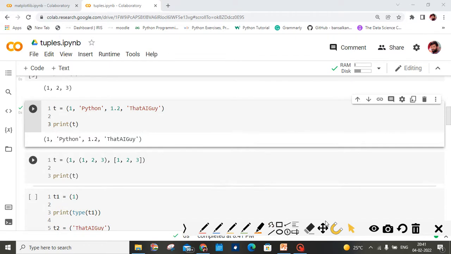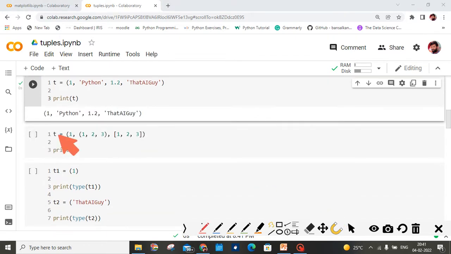Okay, we can see also this example. Look at this example. Actually there is an integer which is separated with one element. This is a tuple, a nested tuple. This is actually a bigger tuple. Okay, this is the bigger tuple. Inside there is a small tuple, and again there is a list.